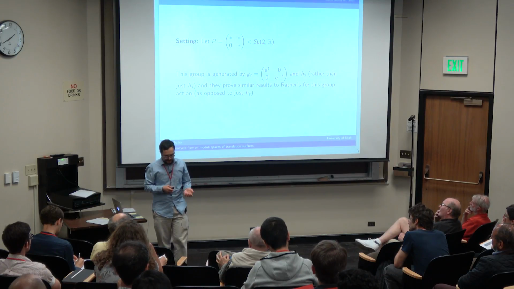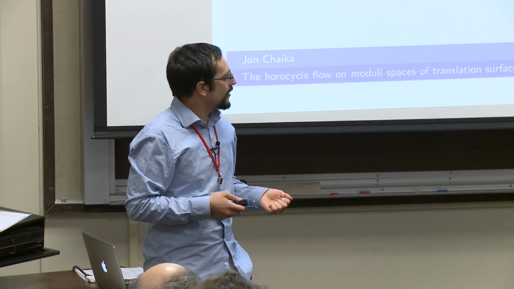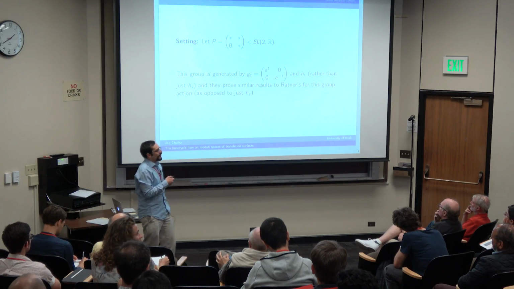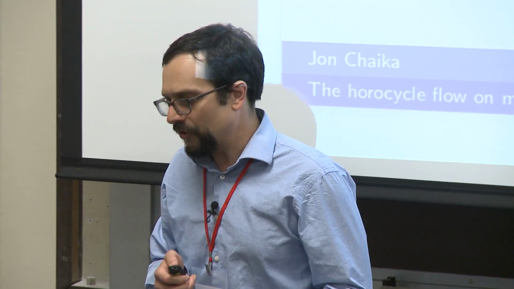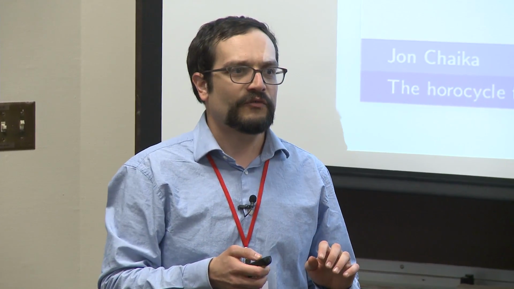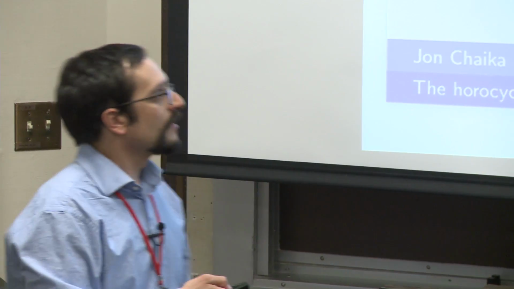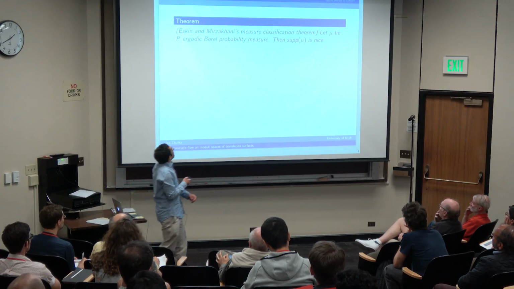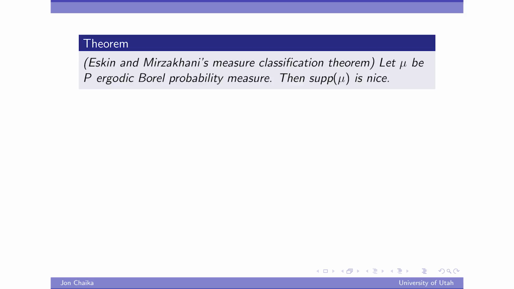I'm about to state some great theorems of Eskin, Mirzakhani, and Mohammadi. I should mention that these theorems also have analogs for SL2R, and they prove that any P invariant measure is also an SL2R invariant measure. For convenience, I'll only state the P versions, but there are analogous theorems for SL2R. So Eskin and Mirzakhani have a measure classification theorem, which is that if you have a P ergodic probability measure,